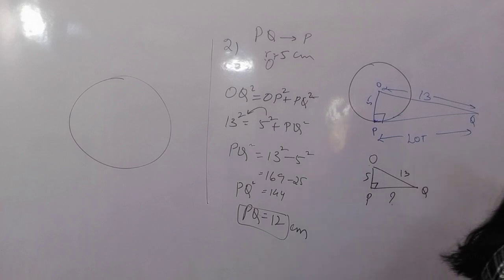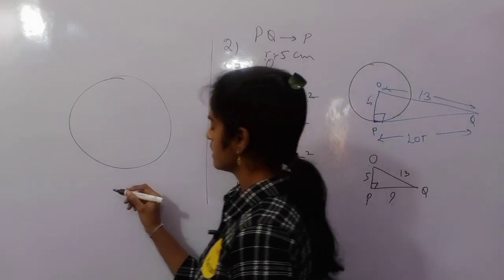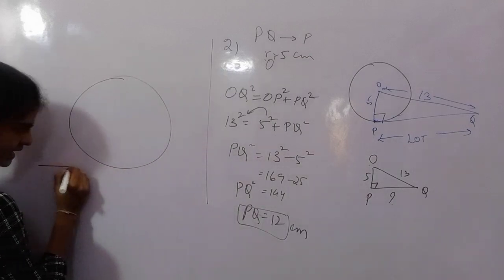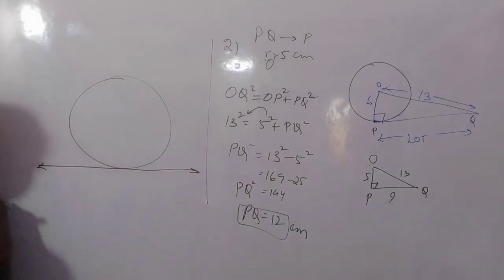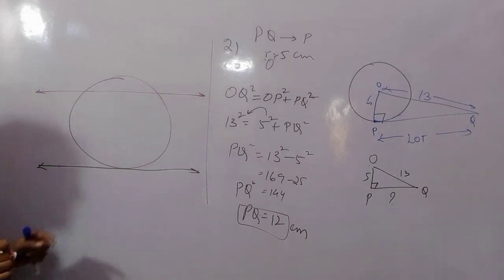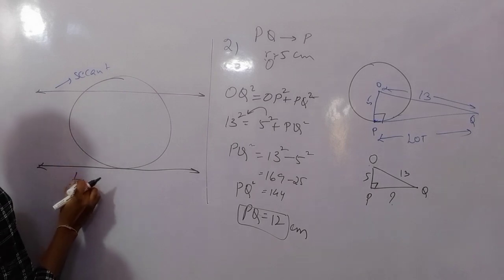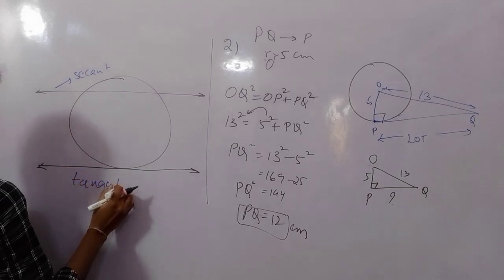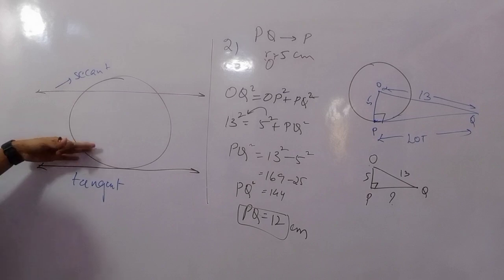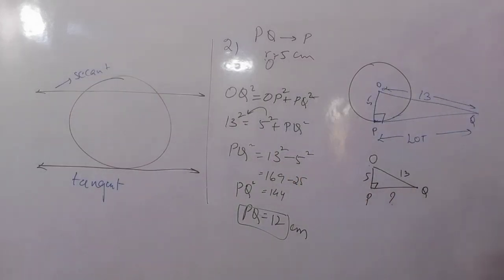Okay, so I have to draw two lines to the circle. Suppose this is one line which is a tangent to the circle, touching the circle at one point. I have to draw one more line to the circle. This is called a secant. It is cutting the circle at 2 points. So you have to draw two lines, a secant and a tangent, and both are parallel to each other. Clear? So next, question number 4, calculate the length